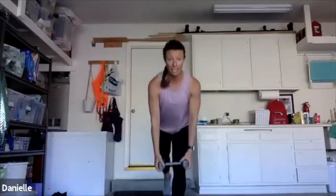So, there's your rest. Here is our third exercise. You're going to alternate those, remember those single leg hinges we just did? You're gonna alternate with a row. So I'm gonna come up, I'm gonna hinge, row, up, hinge, row. Okay, so alternate legs, both arms row with just that single weight. Starting with our lunge to swing, 3, 2, 1, lunge,